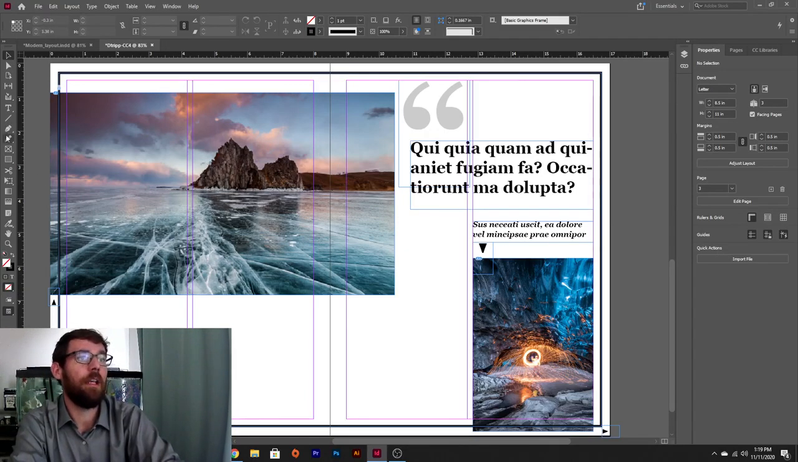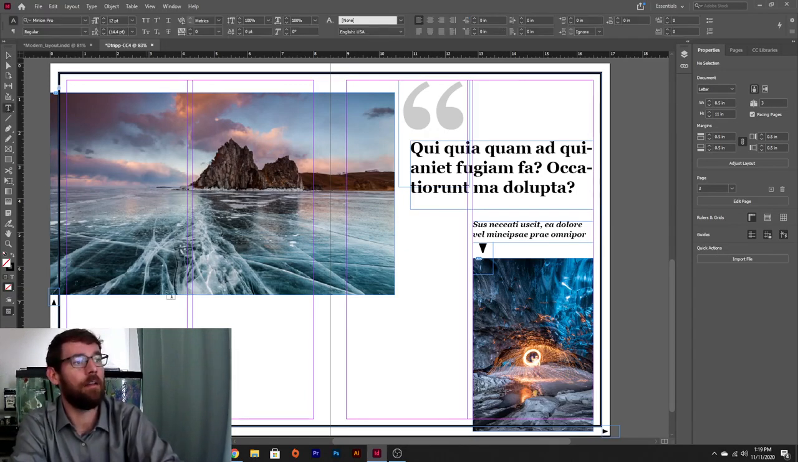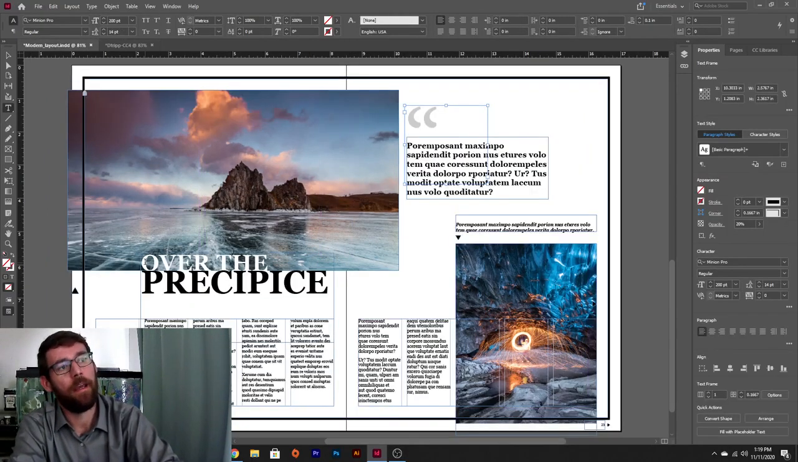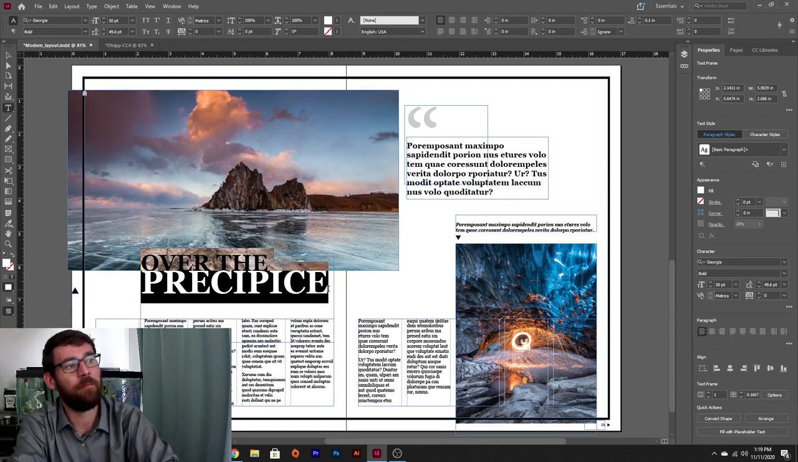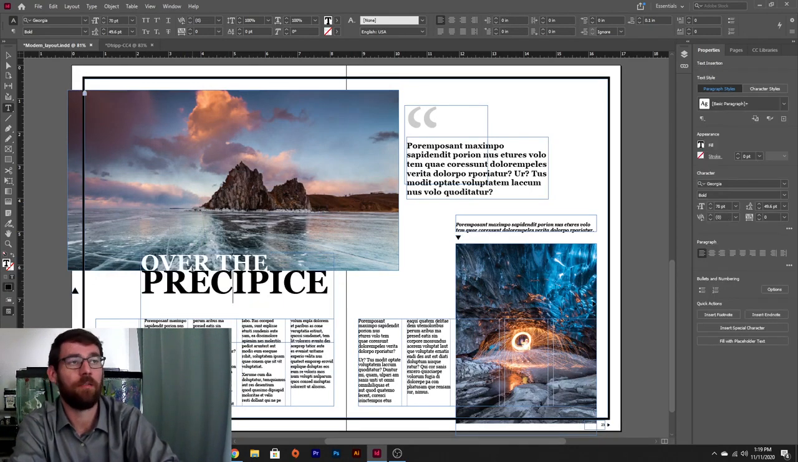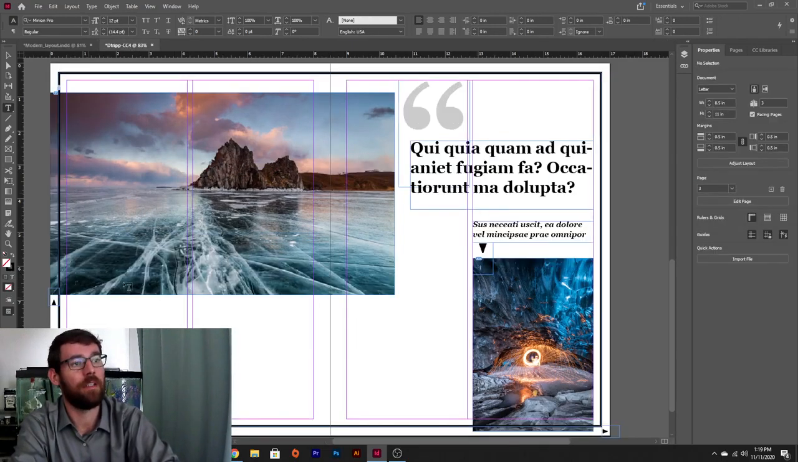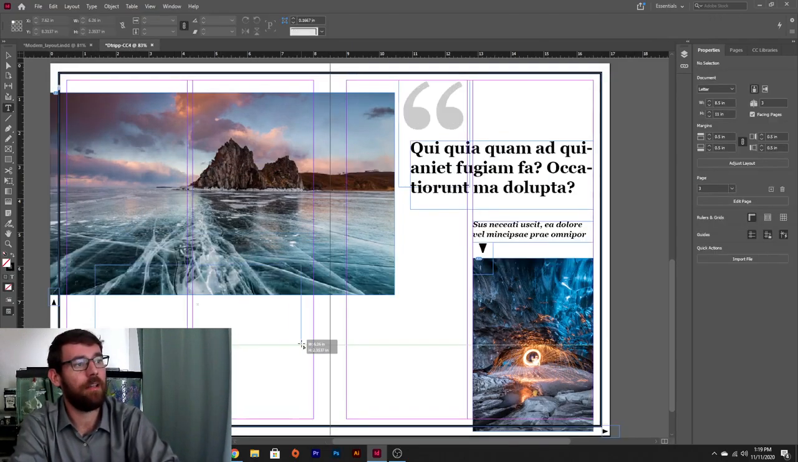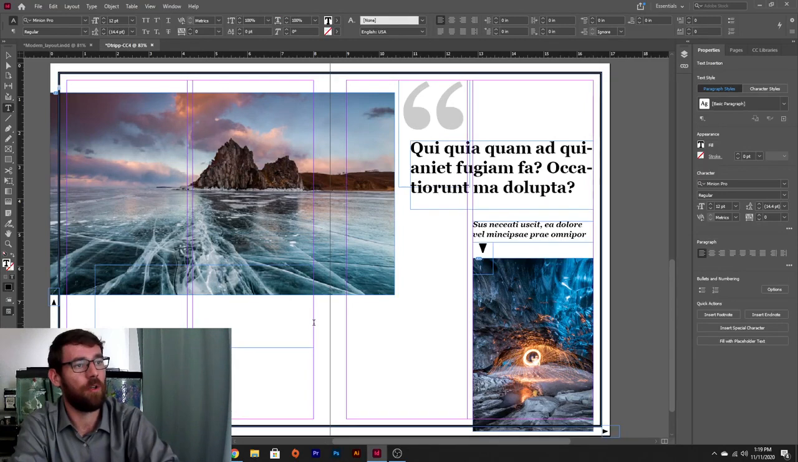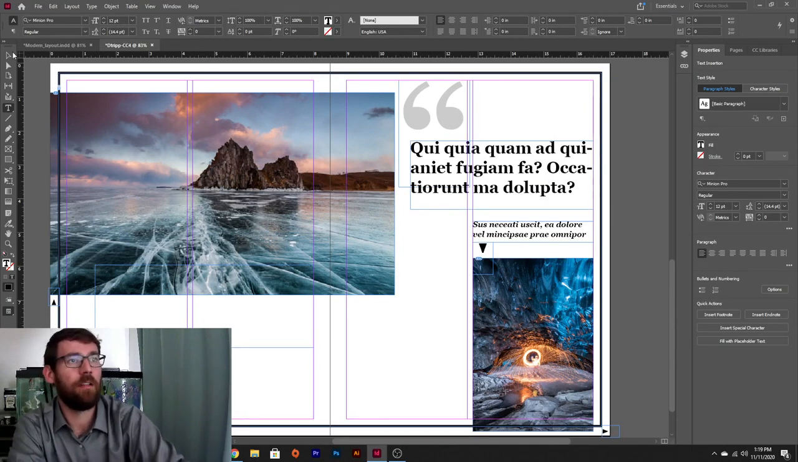Next we want to create a headline over here. So it says over the precipice right here. And now I want you to notice that it's white and black, but it's all in the same text frame. The sizes are different, but that doesn't mean we can't work with them together. So I'm going to create a text frame right here going to this margin line. And it's going to be small here for a minute, so I'm going to go ahead and make it bigger